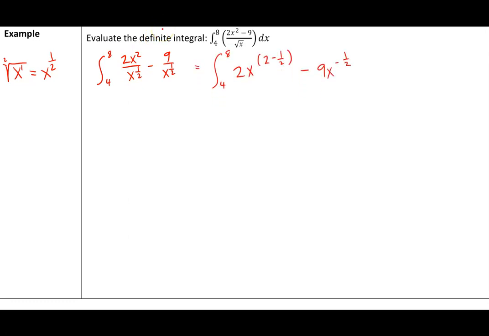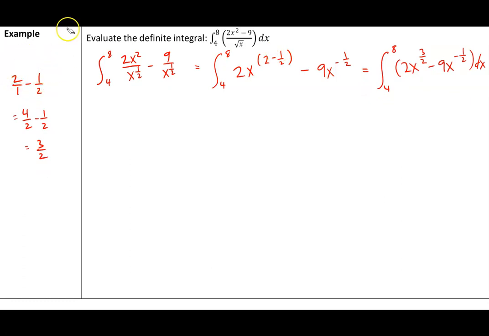So we're going to subtract 2 minus 1/2. And then here, the x to the 1/2 just moves to the numerator, becomes x to the negative 1/2. When you subtract fractions, we need a common denominator. So on the side here, I wrote down the common denominator. So 2 over 1 minus 1/2. Common denominator is 2, so I multiply the first fraction by 2, get 4 over 2 minus 1/2, which is